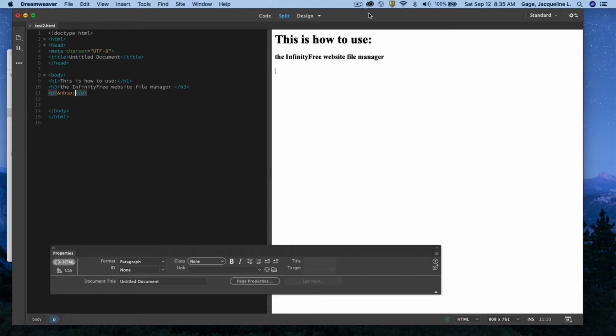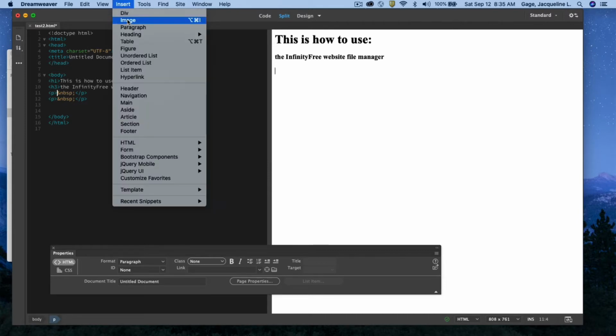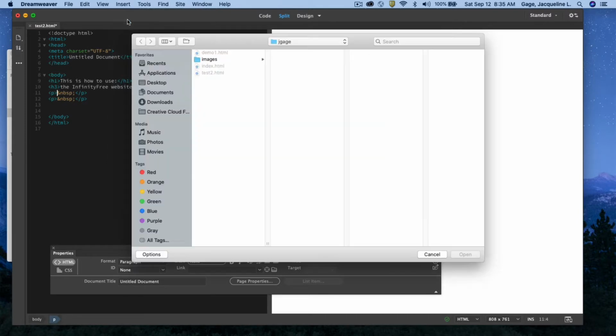Okay, this video is going to be on how to use the InfinityFree file manager to upload your files. And as you can see, I've got an HTML document here that I named test2, and what I'm also going to do is I'm going to add an image from my image folder. So I'm going to go insert image, and I'm going to go to my